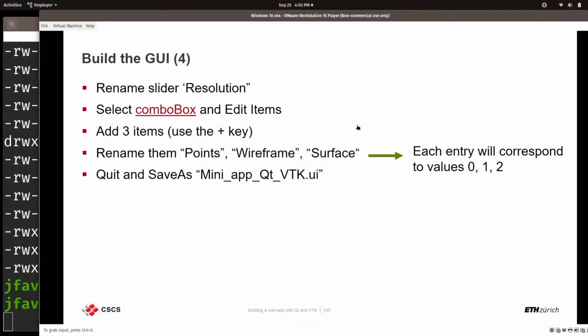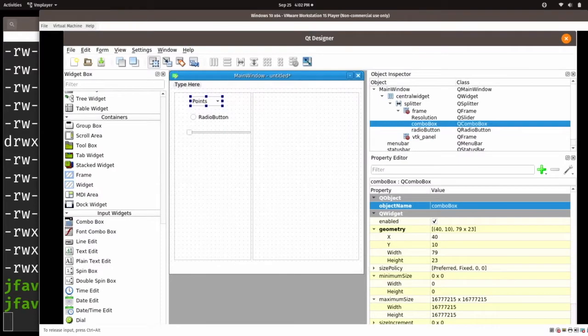Now let's follow up further. Once I have that UI file containing all the widgets and the Q frames, which is where I am now, points, radio button, and slider,